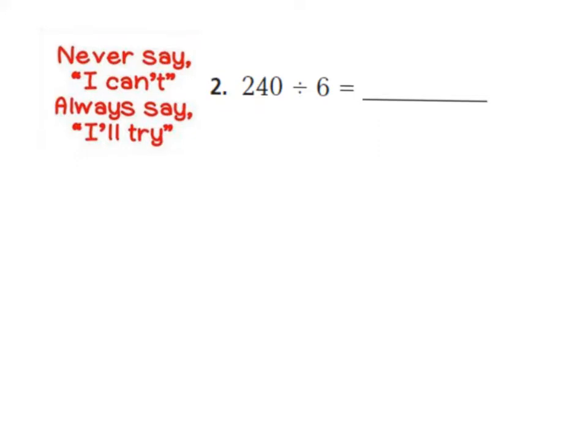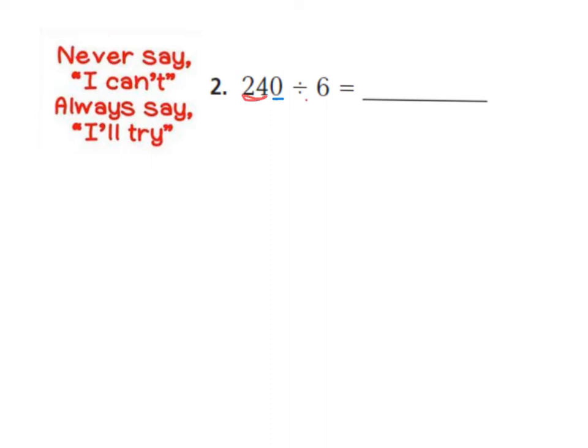All right, let's look at number 2. Number 2 says 240 divided by 6. So first thing I notice is that there is a 0 in this problem. So we can use basic facts to divide, and then we can add in that 0. We've done this before with multiplication. So our basic facts are